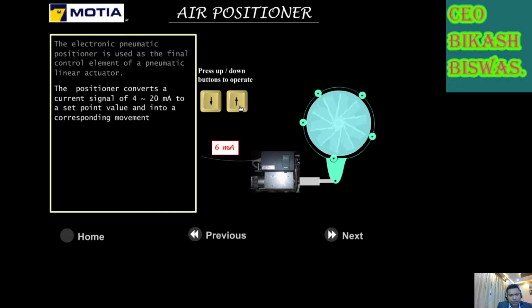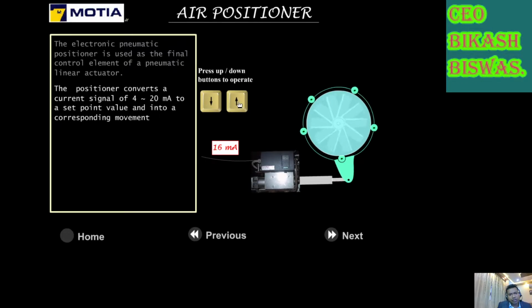So let us do that. See, it is 6 milliamps, 8 milliamps, 10 milliamps, 12 milliamps. Now you see the actuator has moved in the forward direction, and there is an angular displacement, and the inlet vanes have opened, and it will help to suck the air from the engine room,